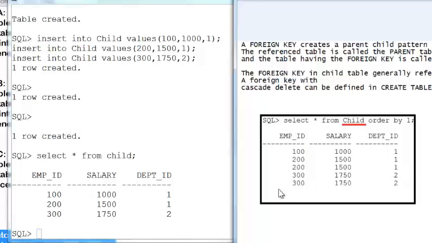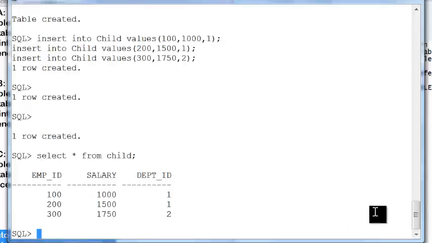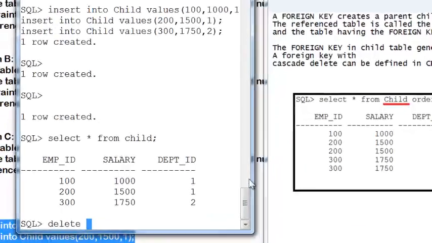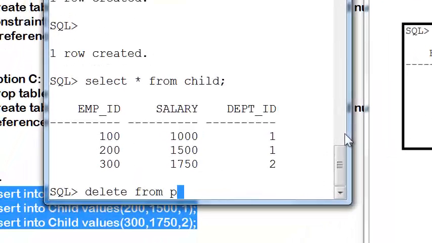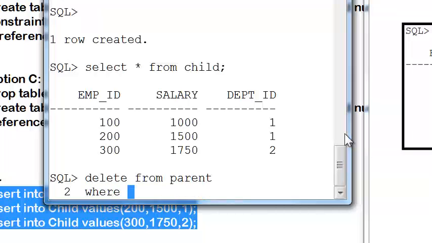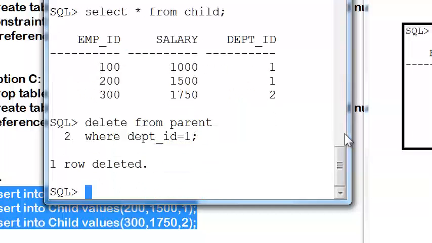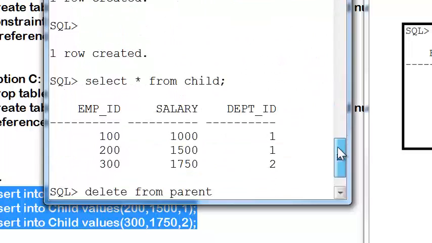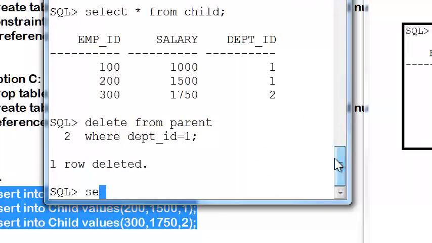Let's go ahead and delete a row from the parent table. Delete from parent where deptid equal to 1. Now let's go back up and look at, if you remember, right here we had 3 rows inserted. Now let me look and see how many rows we have in the select asterisk